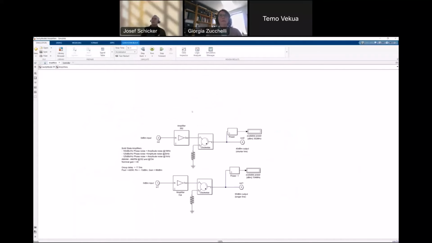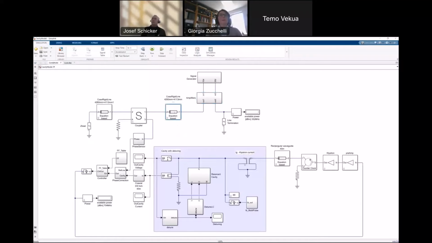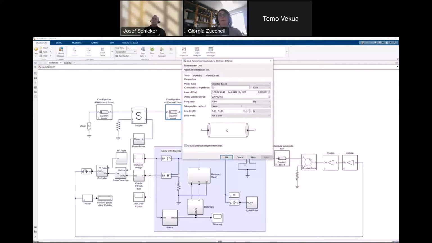We have a couple of amplifiers, in this case circulators as well, to guarantee isolation. If there is energy reflected back, it will be dissipated on this resistor. Just to make an example, we follow it through a transmission line that is equation based, where we have a certain length and a certain loss in dB per meter.